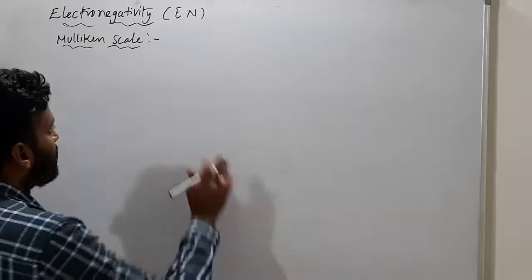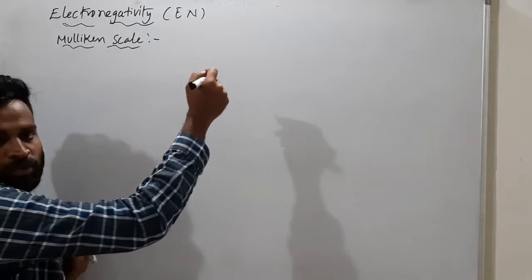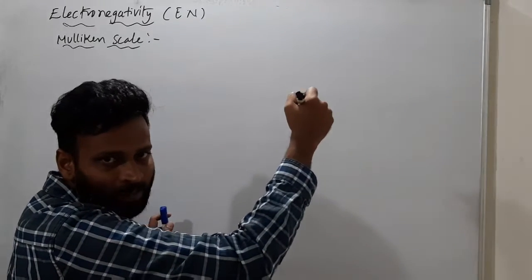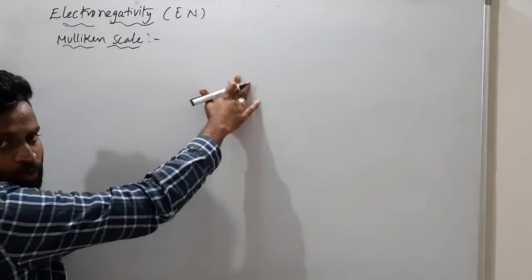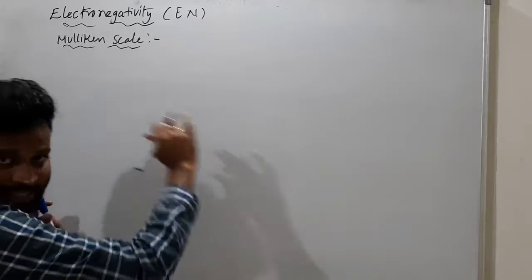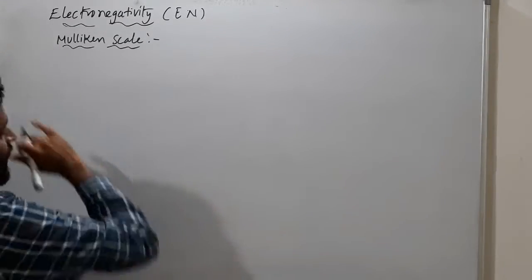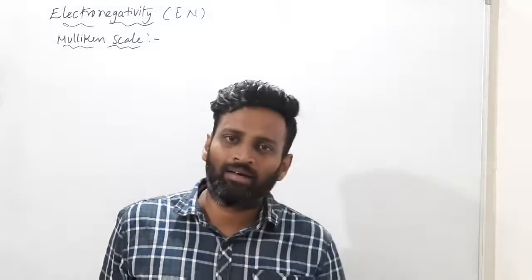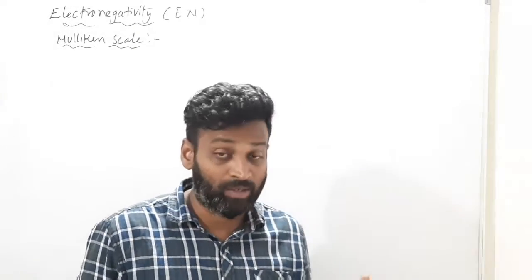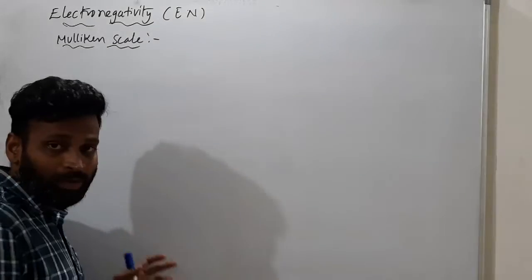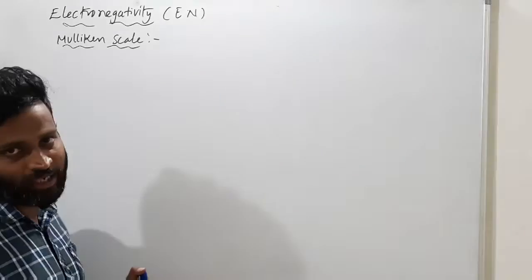Okay, so very important, please remember, and the formula also, please remember 0.208 in group delta, in kilojoules and kilocalories. Both formulas I gave, please remember those. Okay, what is the delta I gave, please recap. And next, Mulliken scale. Actually, in the Pauling scale, by using the electronegativity difference you can calculate, but by using the Mulliken scale, for a particular atom directly, you can calculate the electronegativity itself.